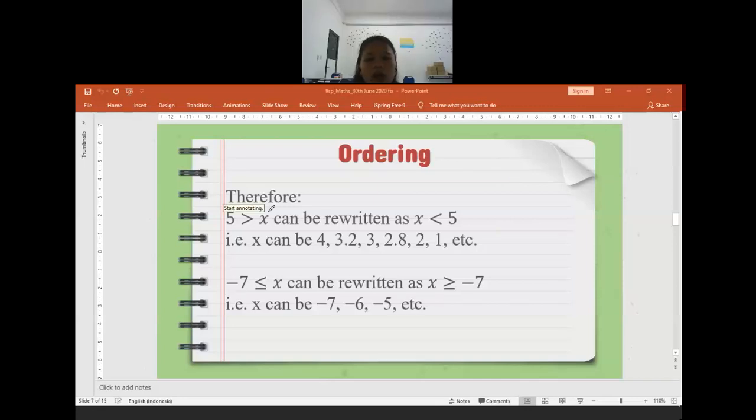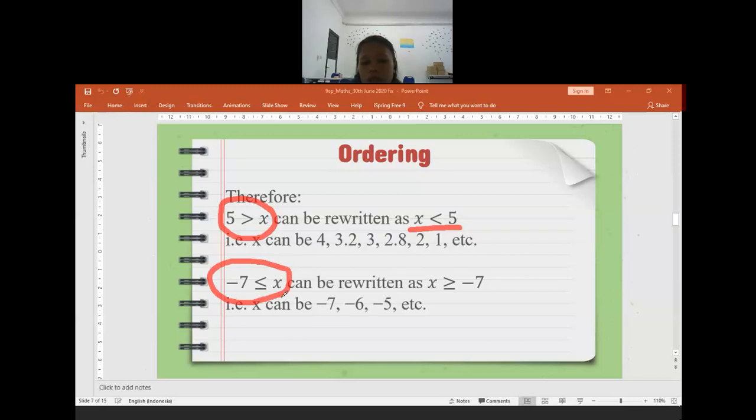And then when you have 5 is bigger than x, you can just flip the x, and also the 5 can replace to the place, and then the inequality sign will flip from bigger become less than. They are actually in the same value. For this one also, I have